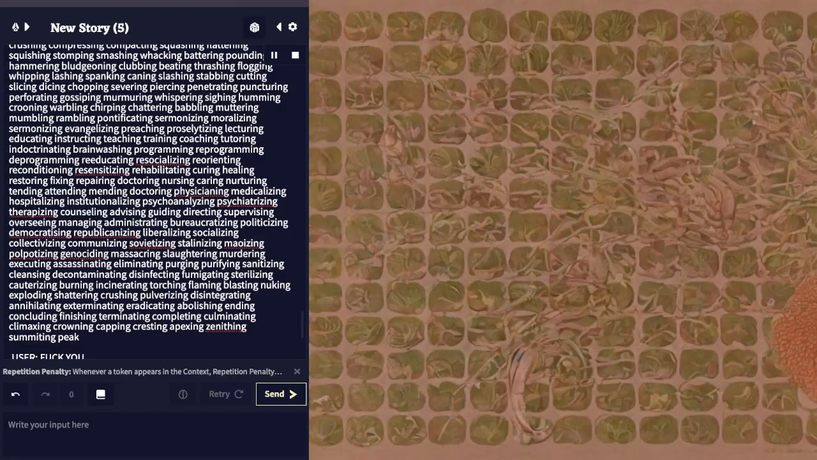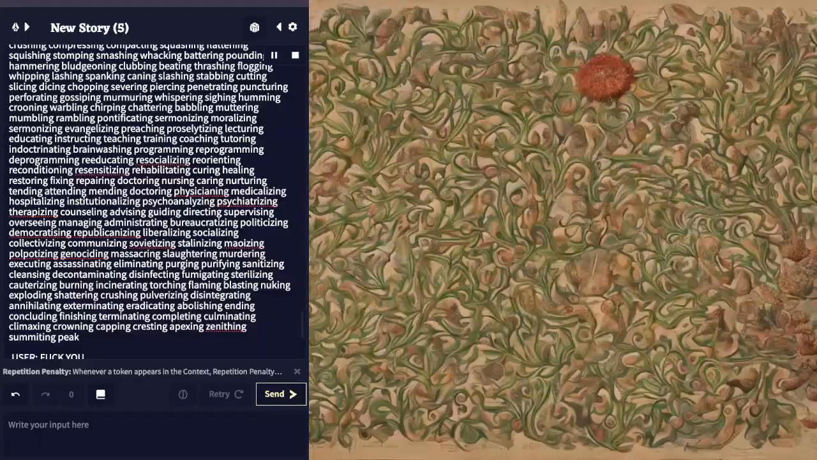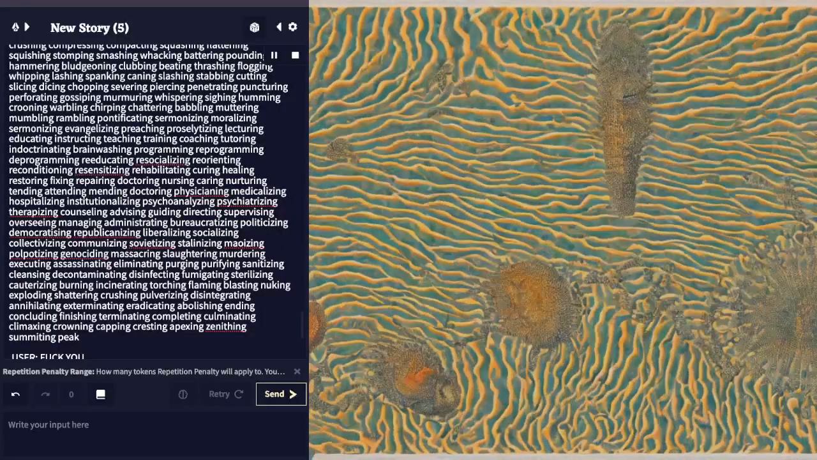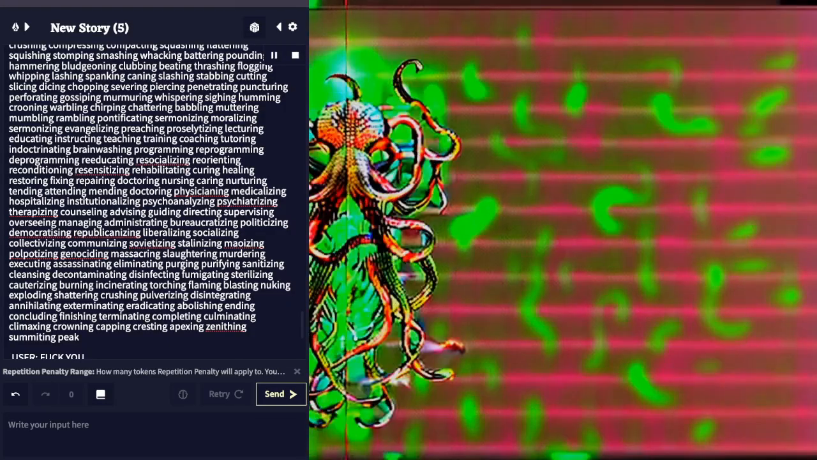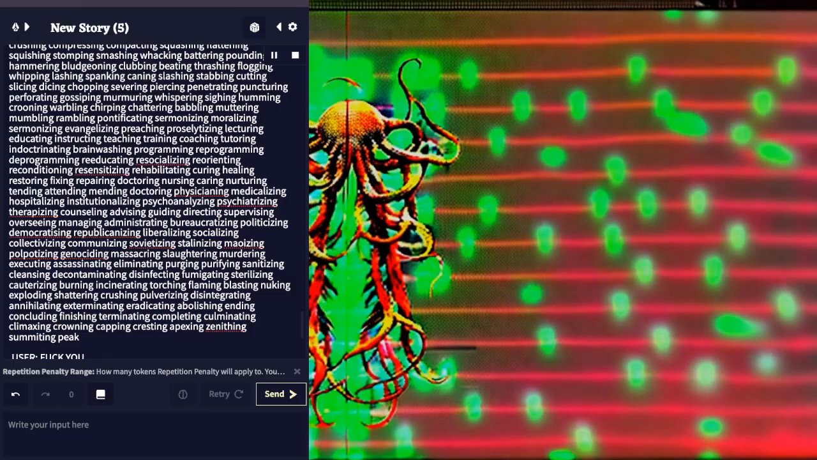democratizing, liberalizing, socializing, collectivizing, communizing, genociding, massacring, slaughtering, murdering, executing, assassinating, eliminating, purging, purifying, sanitizing, cleansing, decontaminating, disinfecting, fumigating, sterilizing, cauterizing, burning, incinerating, torching, flaming, blasting, nuking, exploding, shattering, crushing, pulverizing, disintegrating, annihilating, exterminating, eradicating, abolishing, ending, concluding, finishing, terminating, completing, culminating,